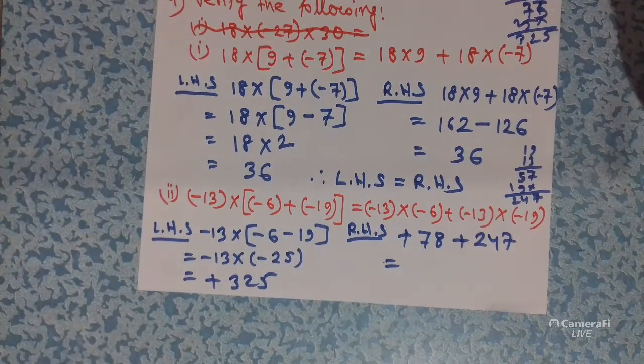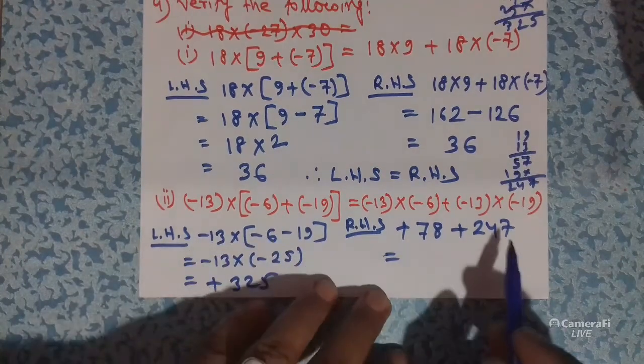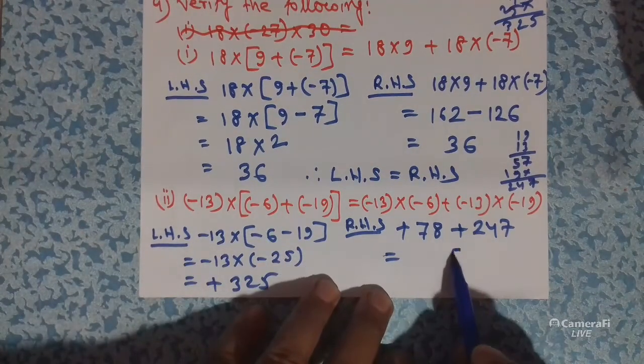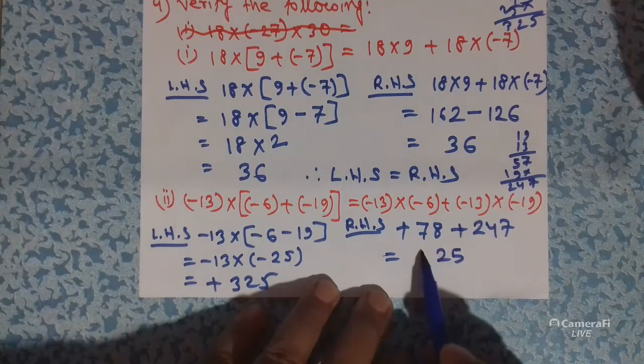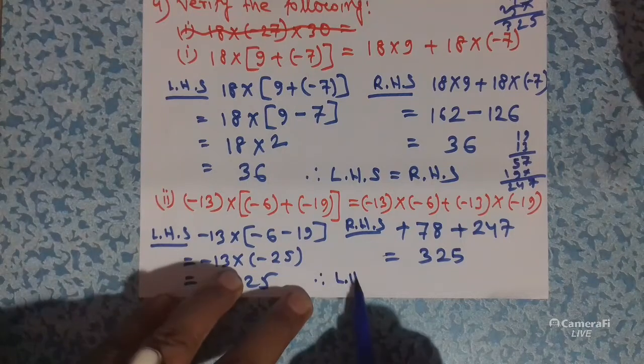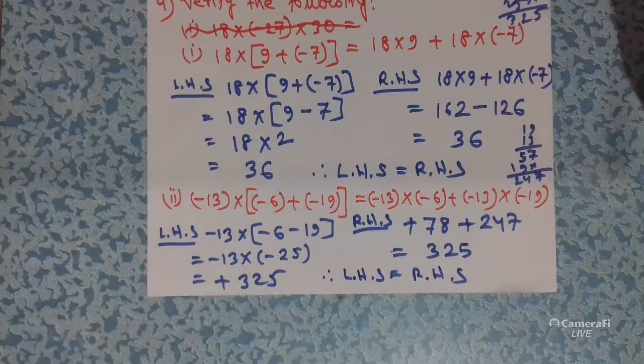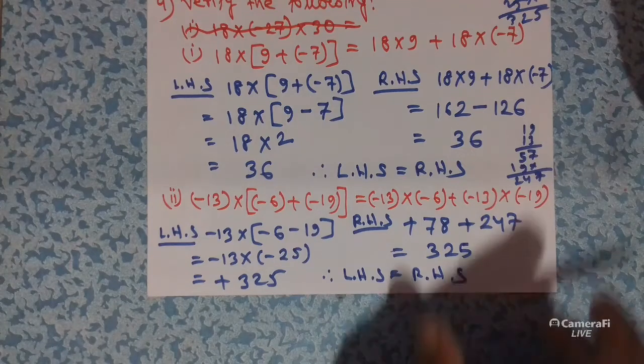Now we have to add 78 with 247. Okay. So add these two values. Yes, it is 325 also. So that means we can write left hand side is equals to right hand side. I hope all of you understood. Next,